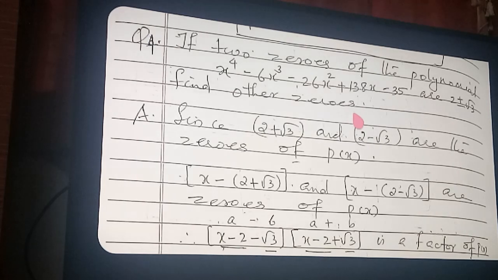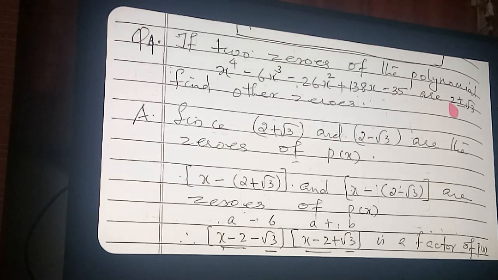So the same type of question I explained in the previous video. But there the monomial terms were root 5 by 3 and minus root 5 by 3. But here a binomial term is coming, 2 plus root 3, which means there are two terms, and 2 minus root 3, also two terms. So I explained that here, so follow along with me properly. A very important question. Listen here.